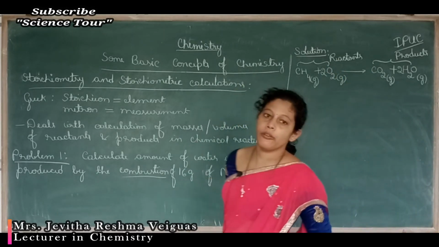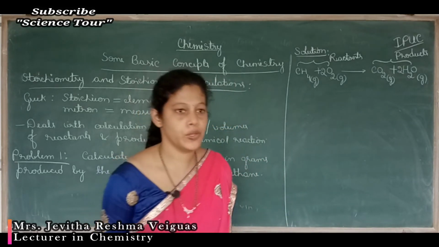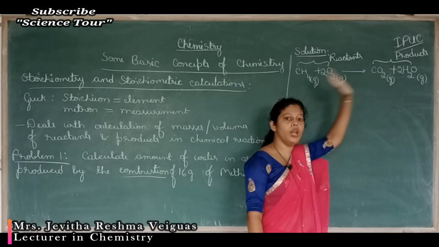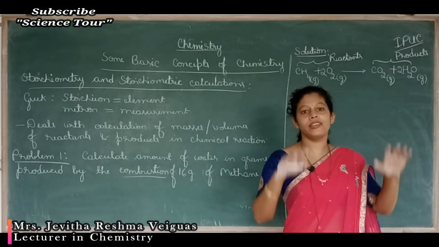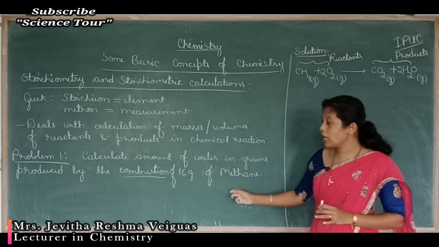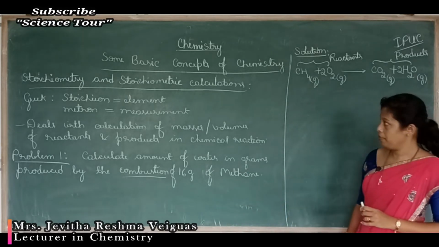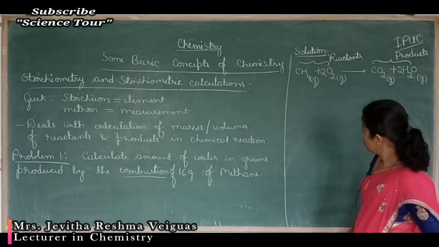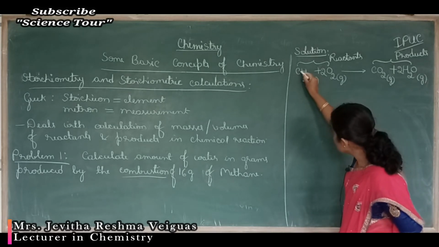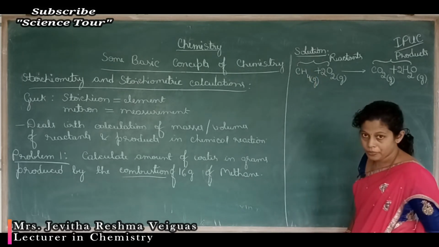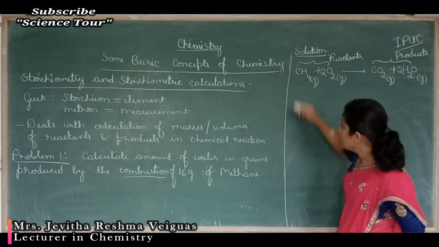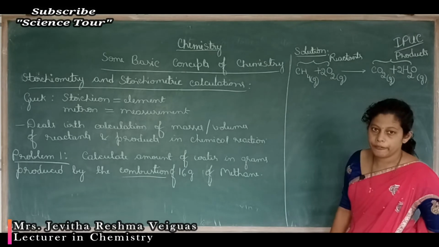Now once go through the equation. What do you find? The number of carbon atoms, oxygen atoms, hydrogen atoms are equal on both the sides. So this is your balanced chemical equation. Once you get this balanced chemical equation, you can solve the problem. Now, once look at the balanced equation here. Before CH4, no number is written, but it is understood that there is one, which is a stoichiometric coefficient.